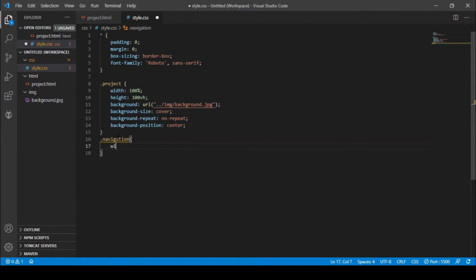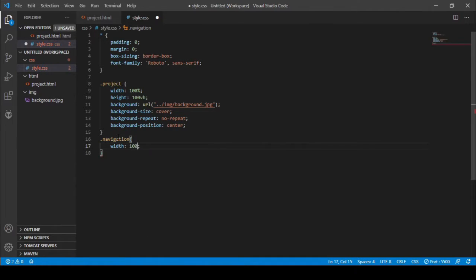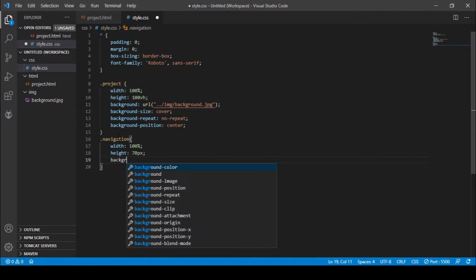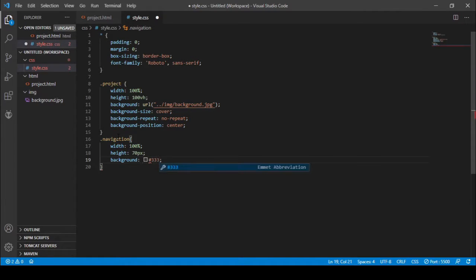I need a width as 100% and the height as 70 pixels and the background as this color code, and